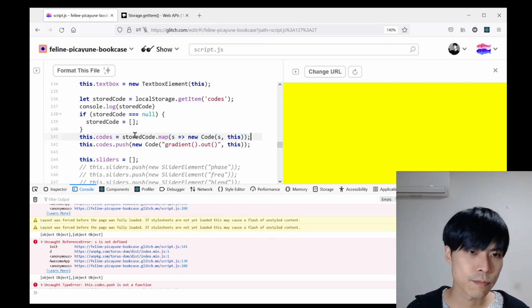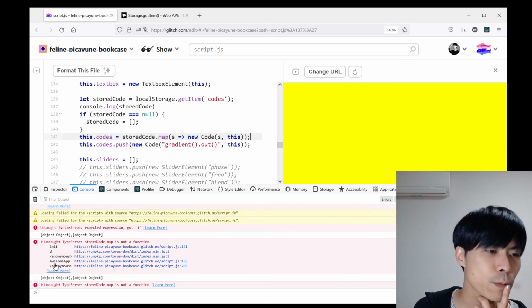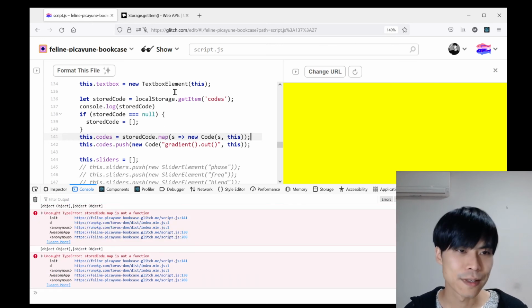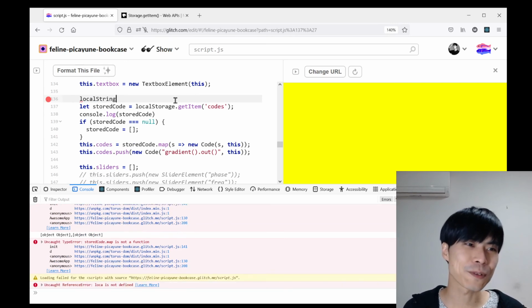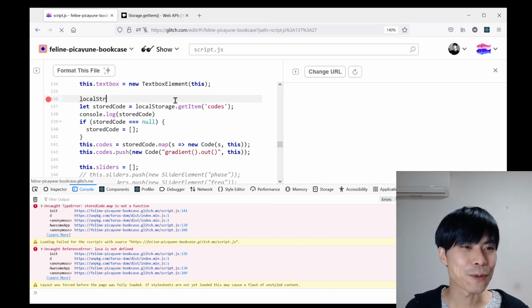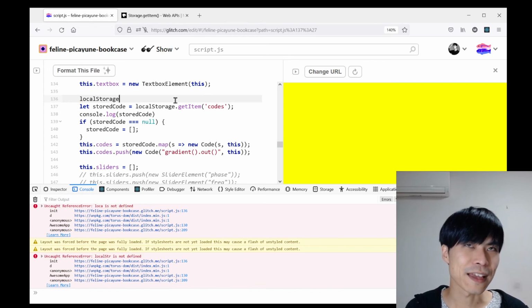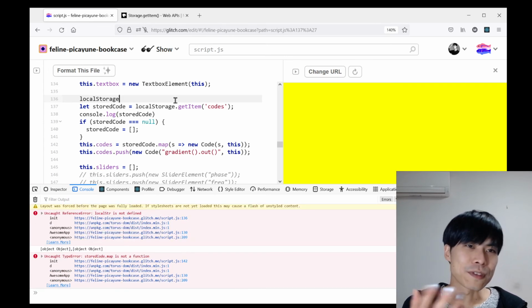And probably this doesn't work because the object is still saved. I don't know, you can go to the settings of the browser, local storage, and then clear,